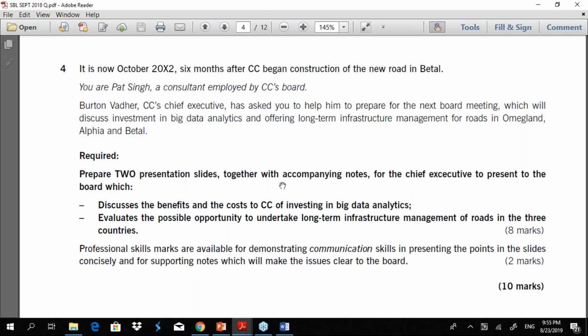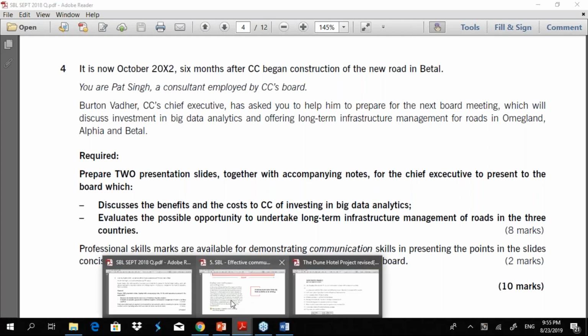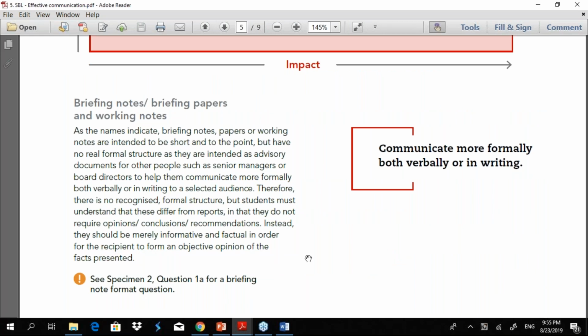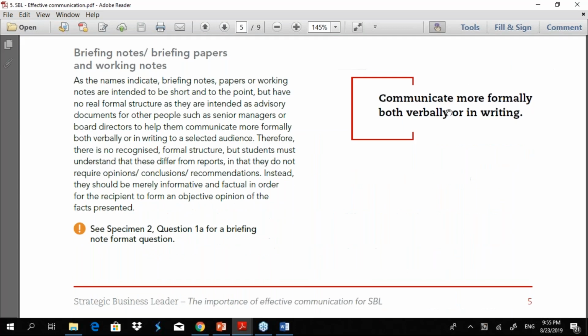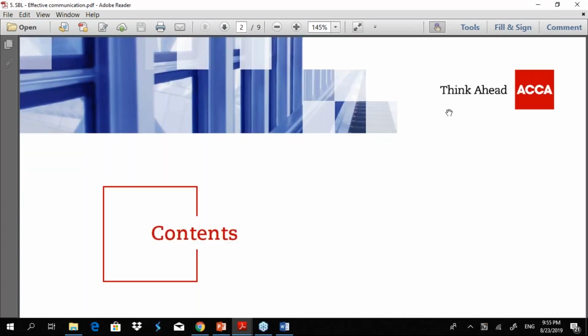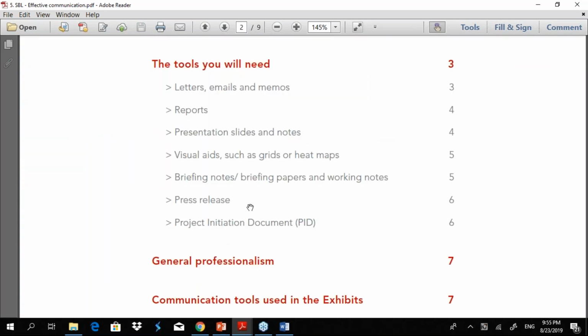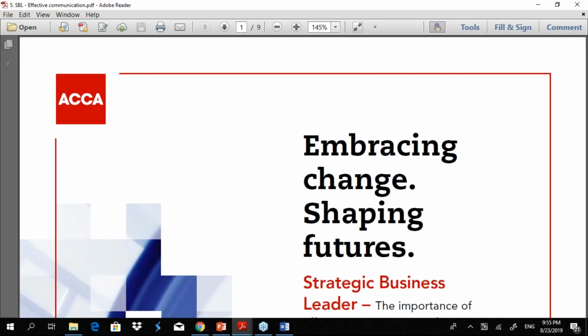Right. Prepare 2 presentation slides. You are not doing this examination on a CB platform. We are going to write the answer. So how do we do slides? Anyone? See presentation slides number 4.